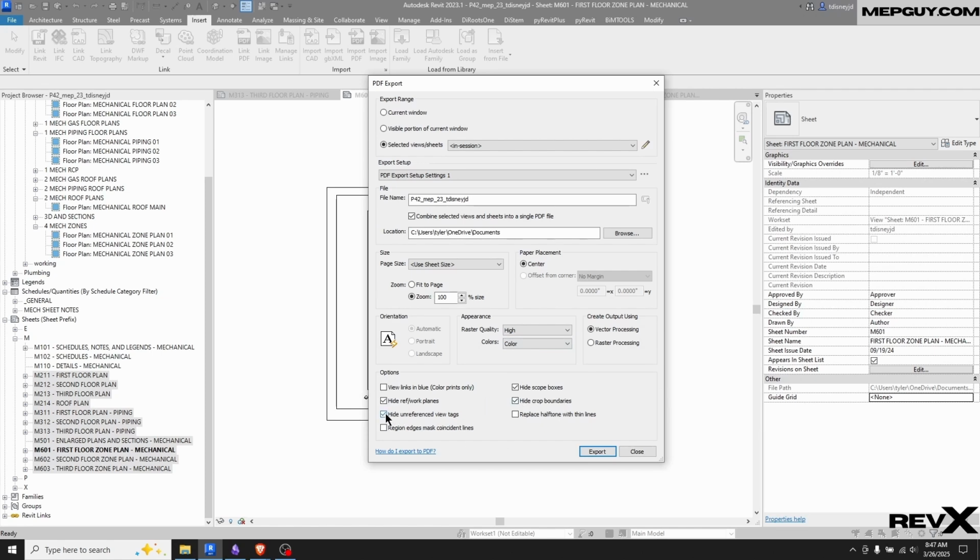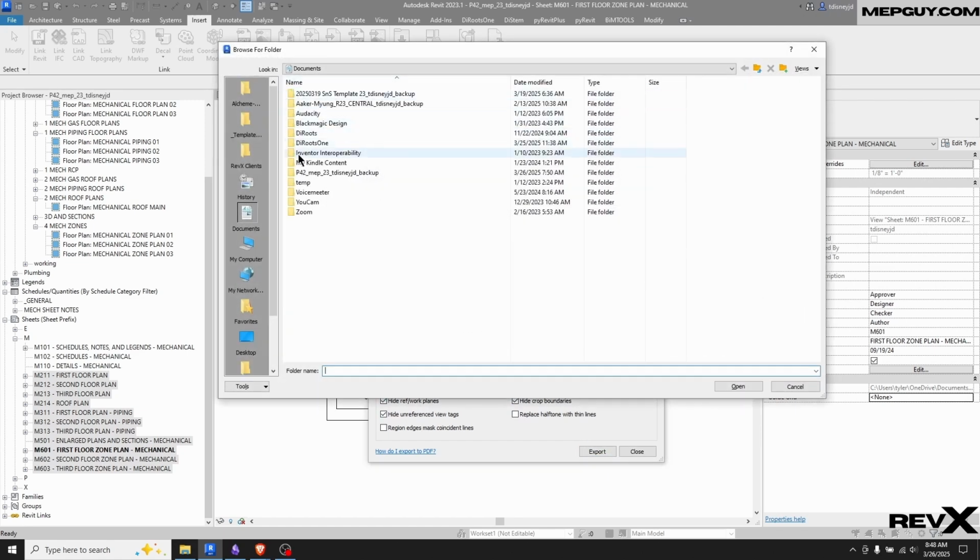I always like to check hide unreferenced view tags. Hide reference work planes, that's all good. Scope boxes and crop boundaries, that is all good. I'm going to tell it to go to